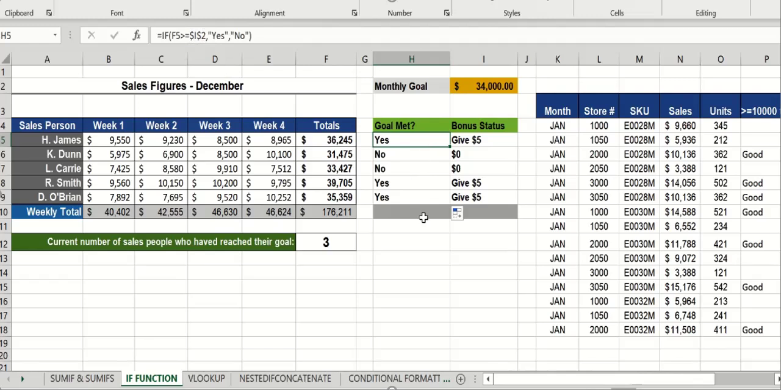The same thing applies here too. We have a bonus status. If you meet up with this, you get a bonus of $5. If you don't meet up, it will be $0. So it's still the same IF function that we use. So coming here,